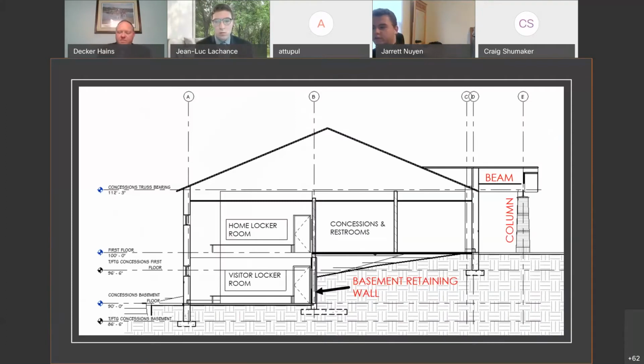Here is a section view of what our building looks like. And on the right side, you can see that we have a beam supporting the canopy, as well as a column that's attached to the beam to carry the load down into the soil. And there's also going to be a strip footing along the exterior of the building, as well as a basement retaining wall in the middle of the building to hold back soil and